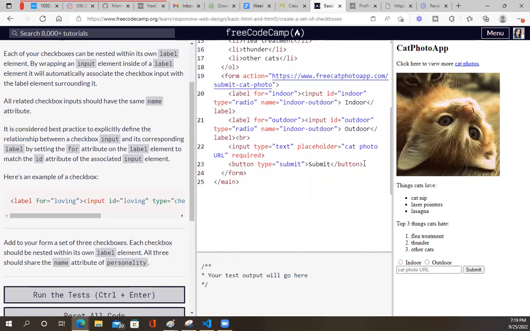All right, so we're within the form. Label. Label,